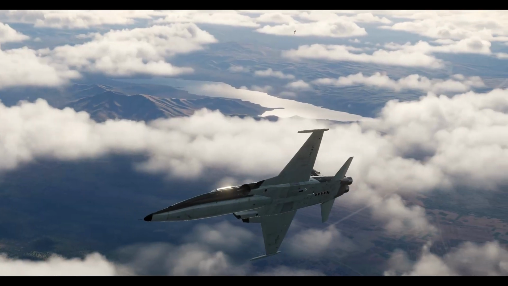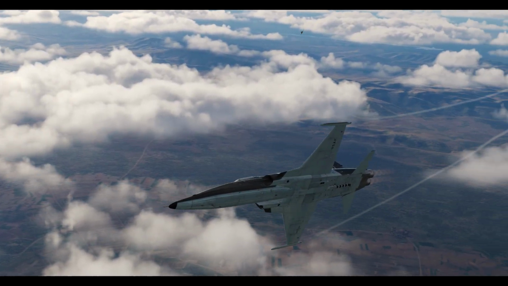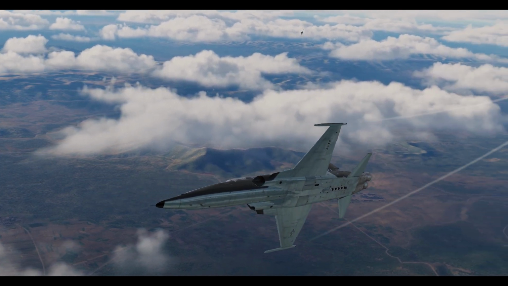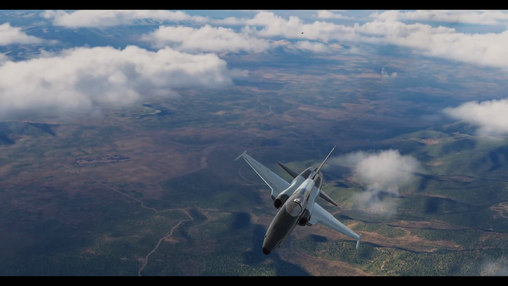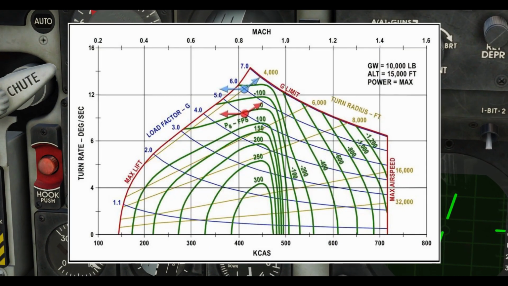Throughout this exercise, the Bandit only needs to worry about one thing, a max performance sustained turn. That's the most direct way to reach the 720-degree mark. Doing anything else only helps the fighter win. Just watch the instruments to keep your speed at the optimum rate on your EM chart, and keep an eye